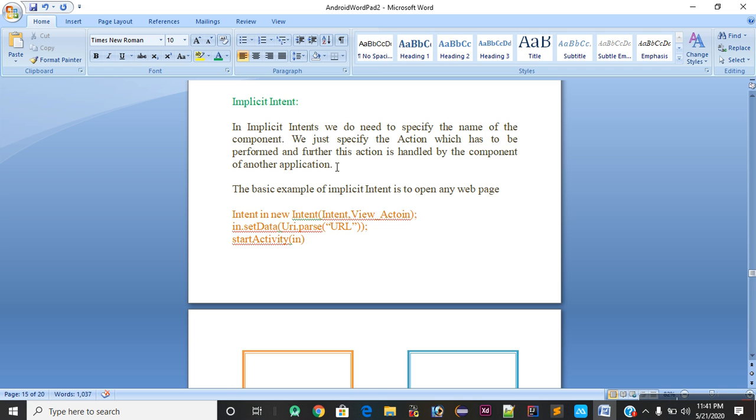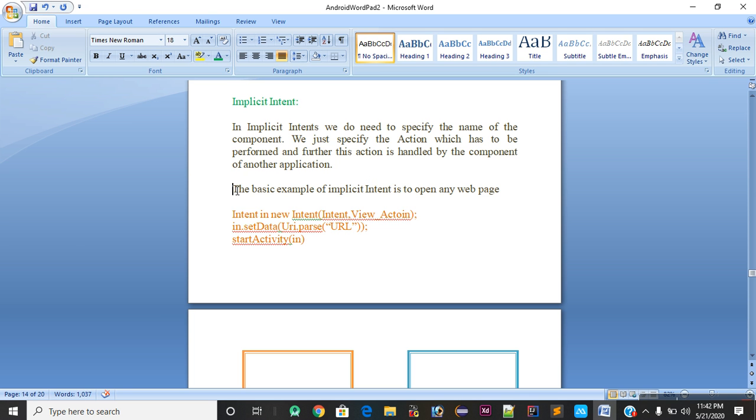Now I will read this passage. In implicit intent, we do not need to specify the name of the component. It specifies the action which has to be performed, and this action is further handled by the component or another application.